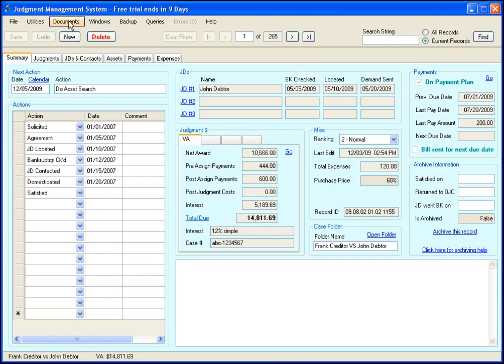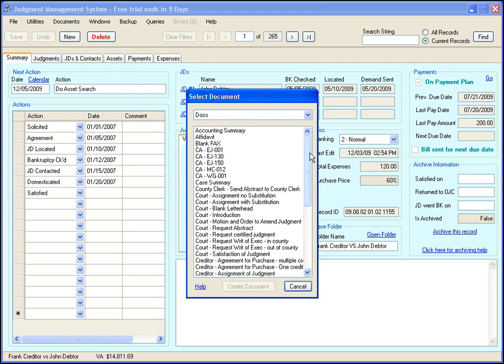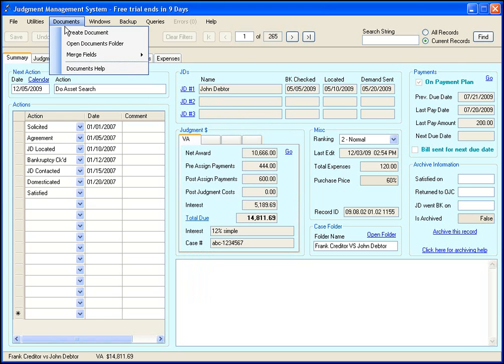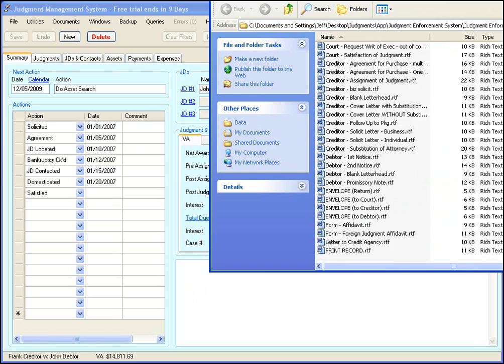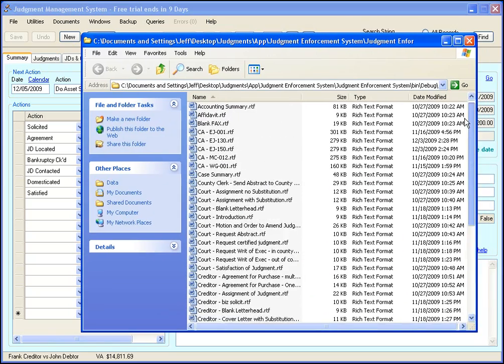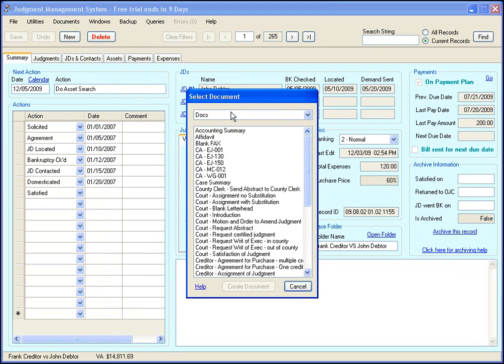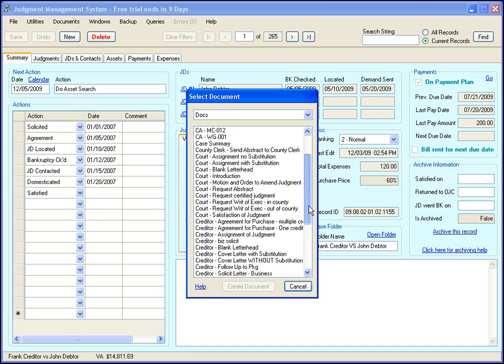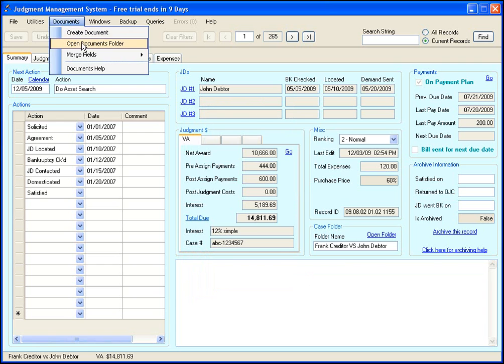Something I want to go over is this dialog right here that shows you all of your documents that you can create. Basically everything that's in this folder right here is what shows up in this list. Now I've added a feature where if you go here and say open documents folder,